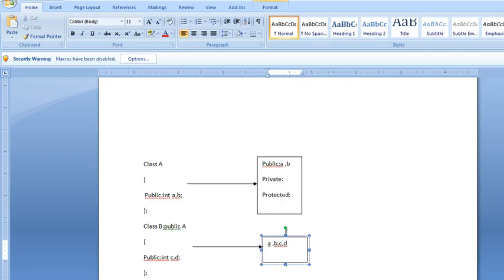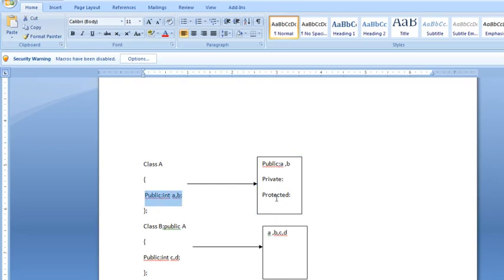Same for object B. Here A and B come under the public section, because you have declared them in the public section. So for an instance of class A, A and B come under the public section.